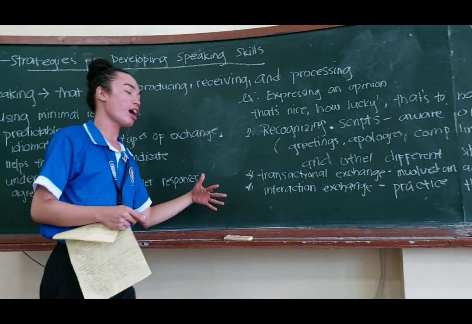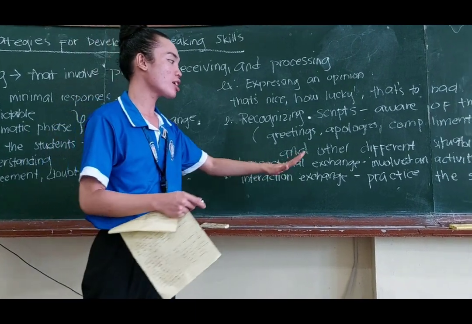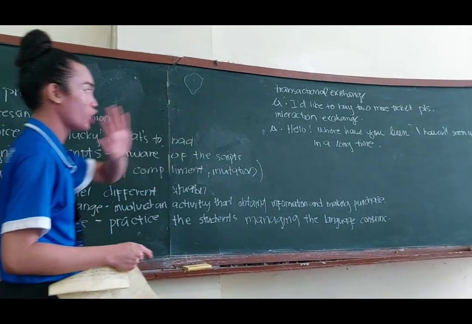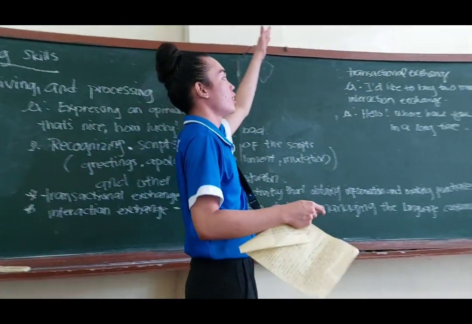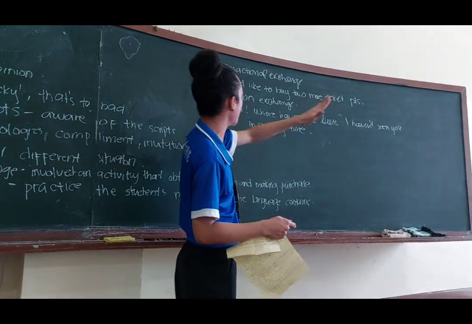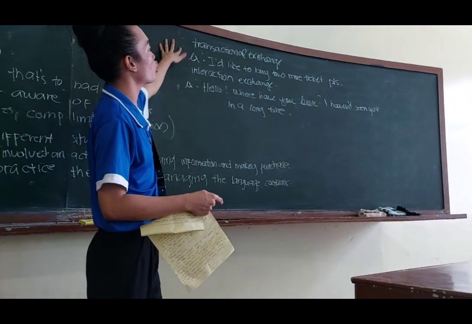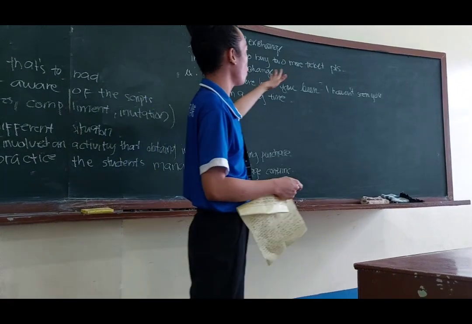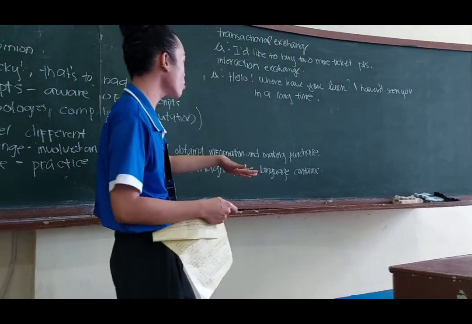And then the scripted interaction exchange practices students managing the language. For example, I'd like to buy 2 more tickets, please. So that's under transactional exchange. And then, hello, where have you been? I haven't seen you in a long time. So that's under